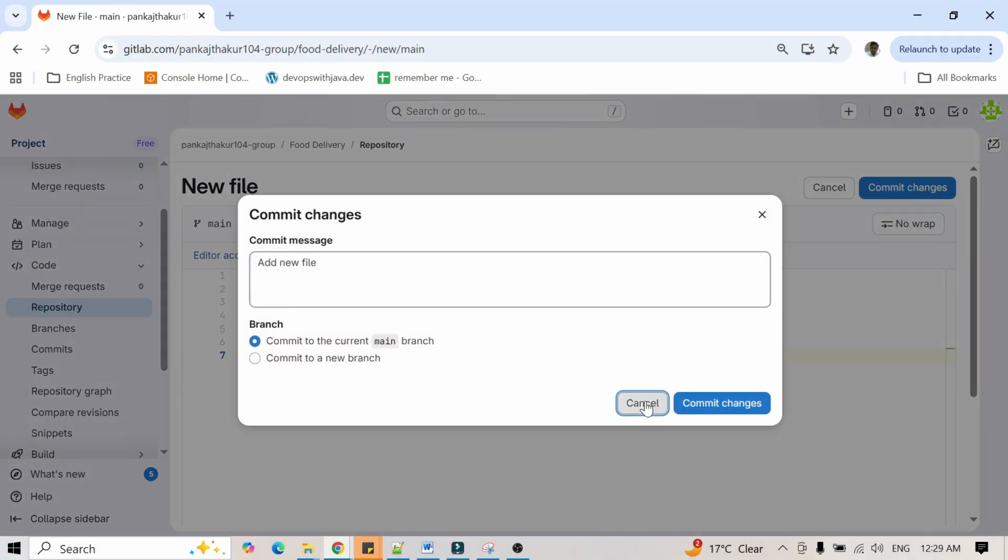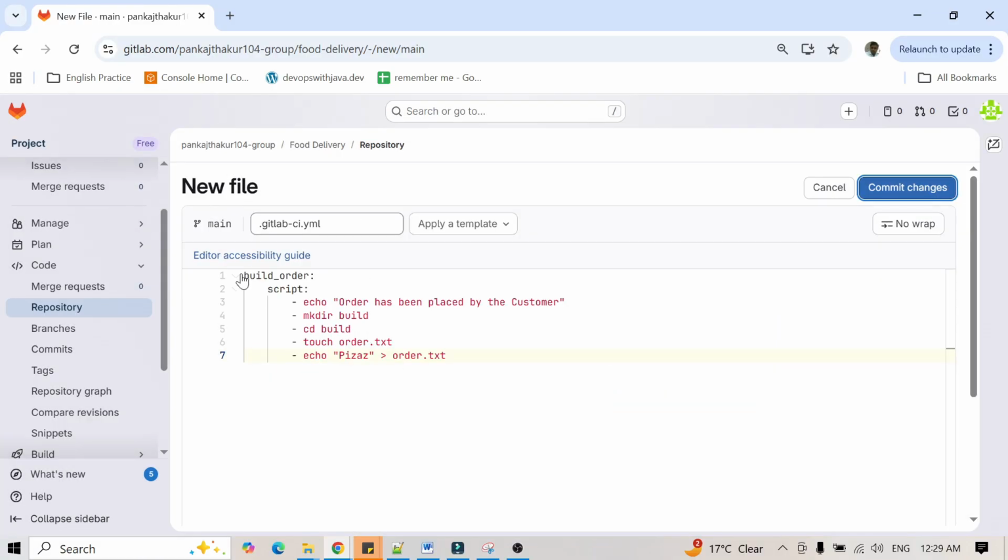So you can understand one thing here. Here we are not defining any stage, right? If we don't define any stage in the .gitlab-ci.yml file, then what will happen? It will automatically assign the job to the default stage. And what is the name of the default stage? It's called test. Here we are creating a job named build_order, and inside this job we are